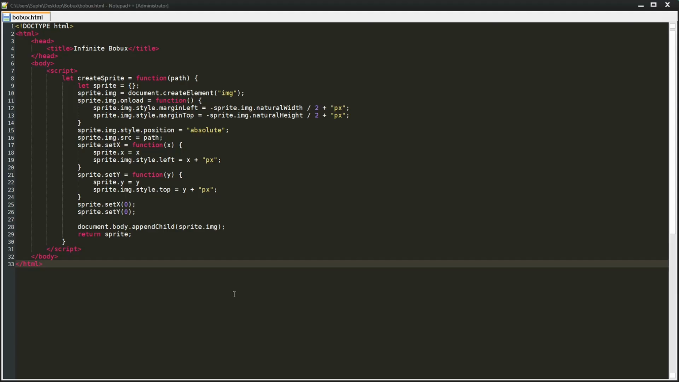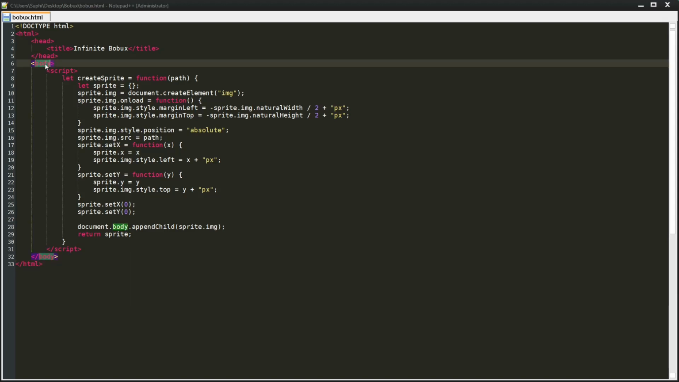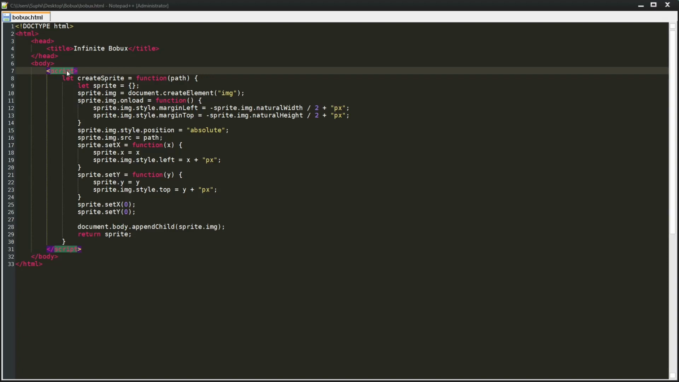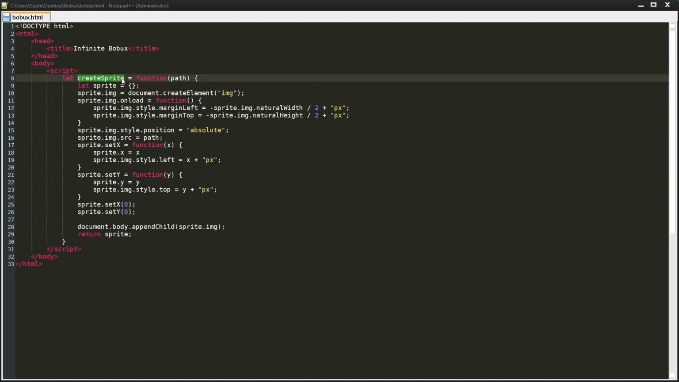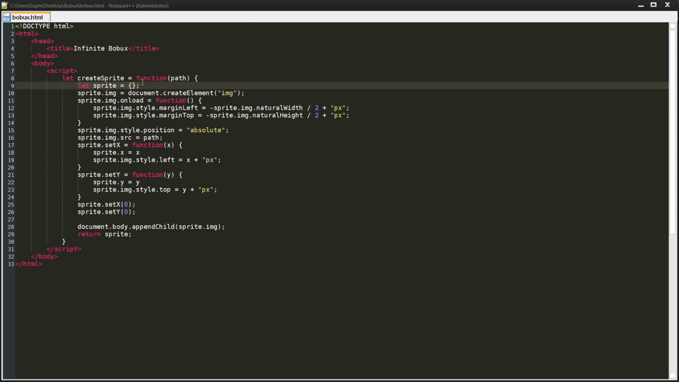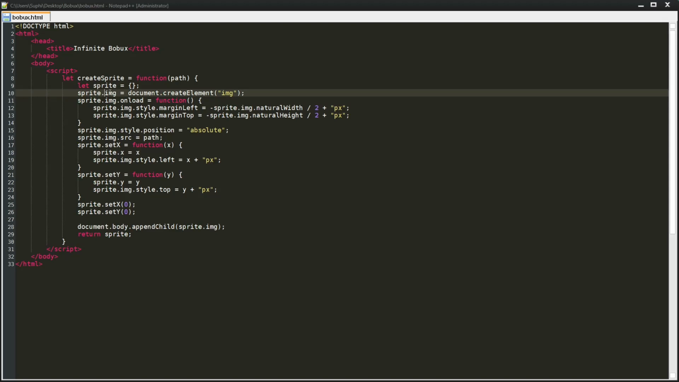Now we're going to need to write some JavaScript. So inside of the body element, we're going to create a script element, and inside of this script element, we're going to create a function which is called createSprite, and it's going to take a path variable into the function. This function is first going to create an empty table called sprite, and we're going to set the image key of the sprite table to equal a new element, which is the image element,